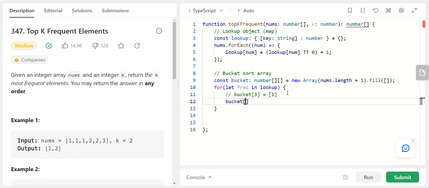So bucket of lookup of frequency. And this frequency has to be of type number because our objects in JavaScript store its key in the string format. Okay, so on the third index,